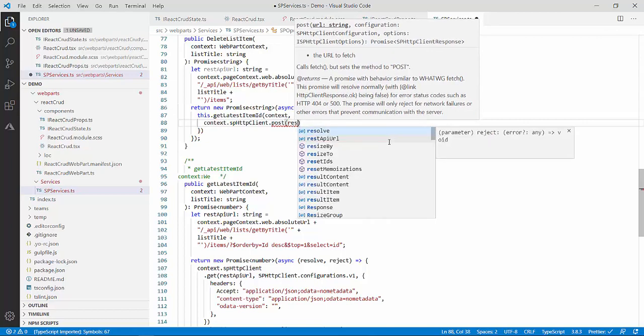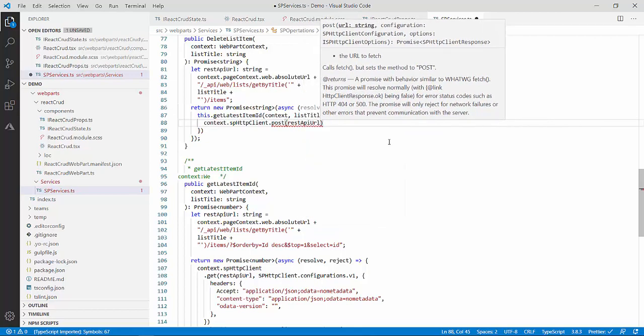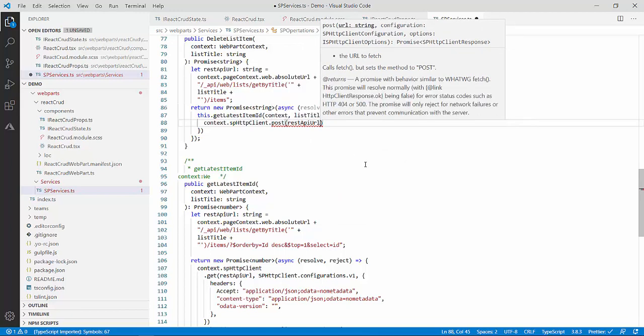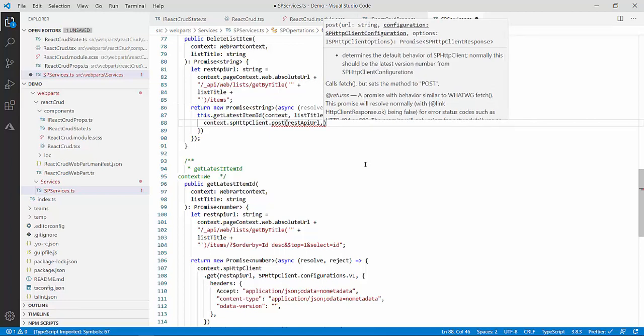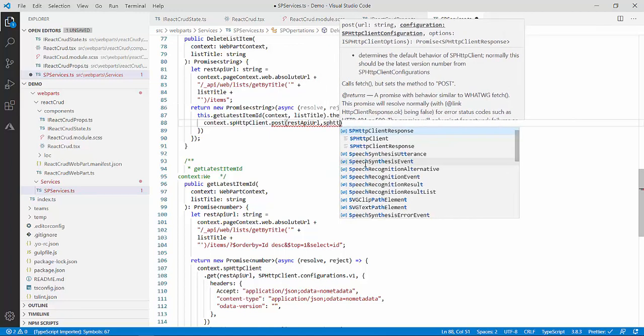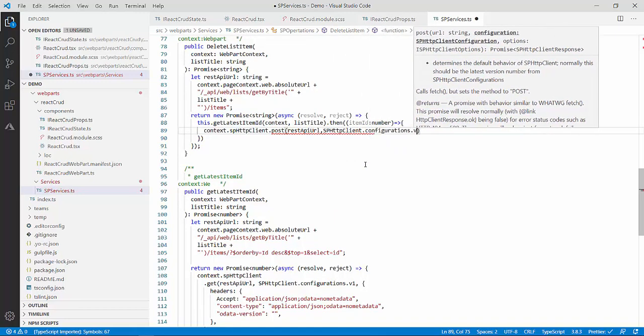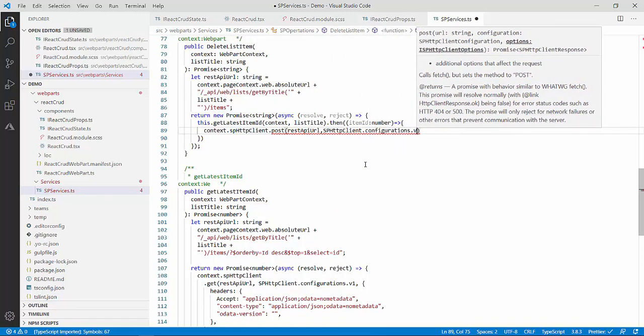So I will simply use this REST API URL, then the configurations, spHttpClient.configurations.v1, and the third one is my headers.